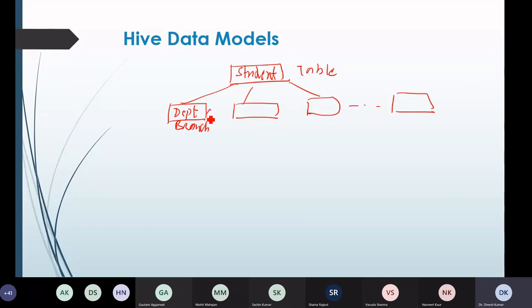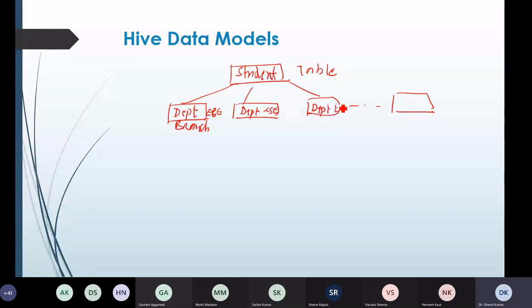So let's say this is department ECE. Then we have department CSE. Then we have department EE. And let's say this is the last department, department MBA.